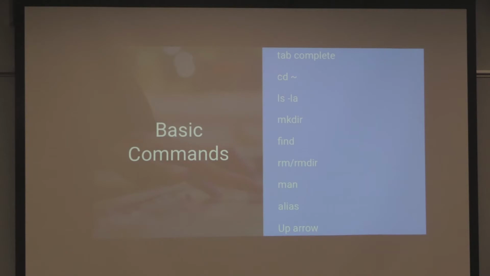The up arrow will actually take you to the previous commands. This becomes very important when you're doing very repetitious stuff, such as you're compiling your code, it breaks in a specific way, and then you need to go and modify that. That is more part of the Vim workflow, but I want you to start getting used to those commands so you don't type them again and again.